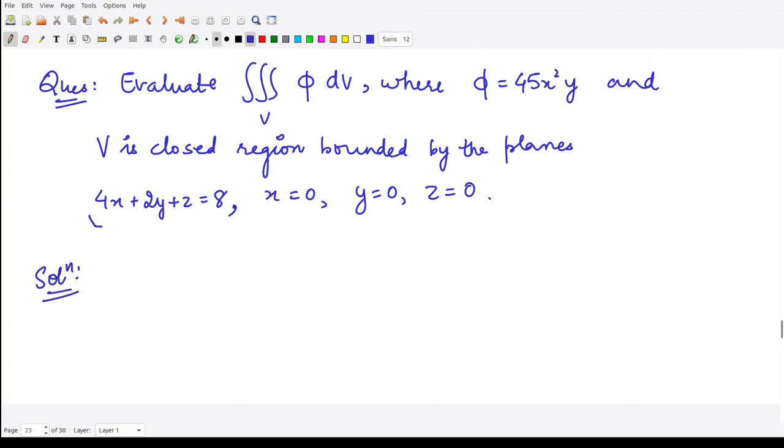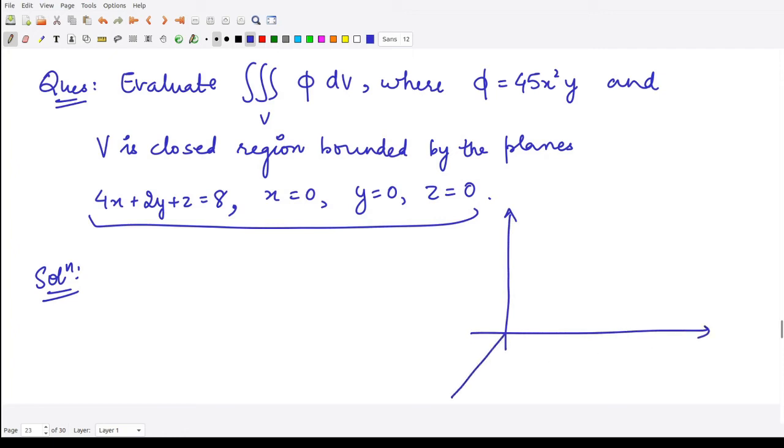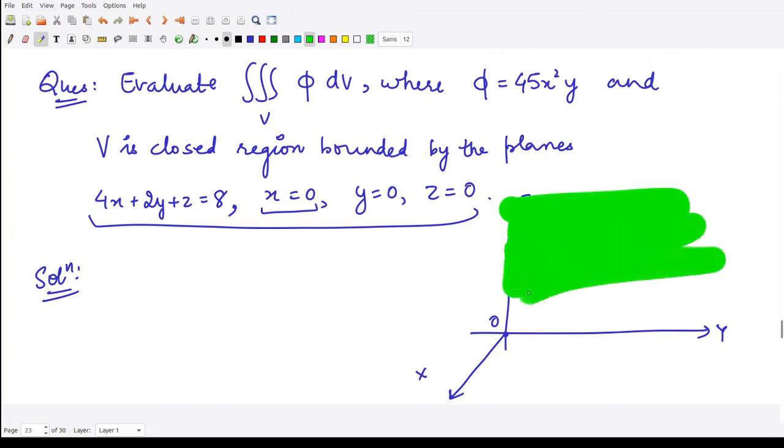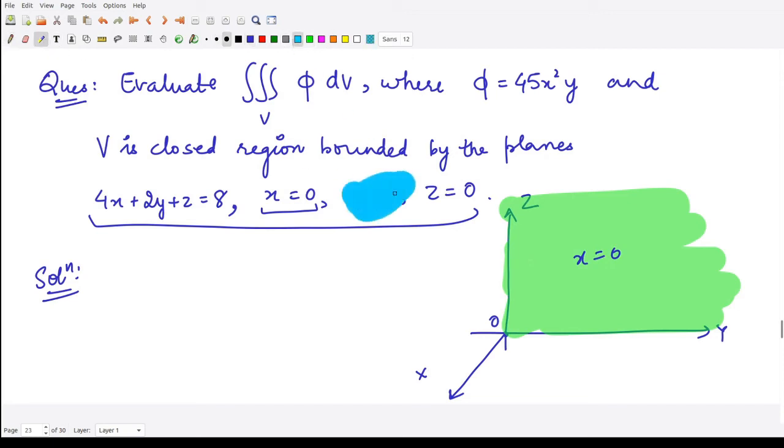here we are given these three equations. So when you visualize this, suppose this is your y-axis, this is the z-axis, and this is the x-axis. This point is the origin. Now x is equal to 0 means you are talking about the YZ plane. So this is your region here, right? So this is the x is equal to 0 plane,